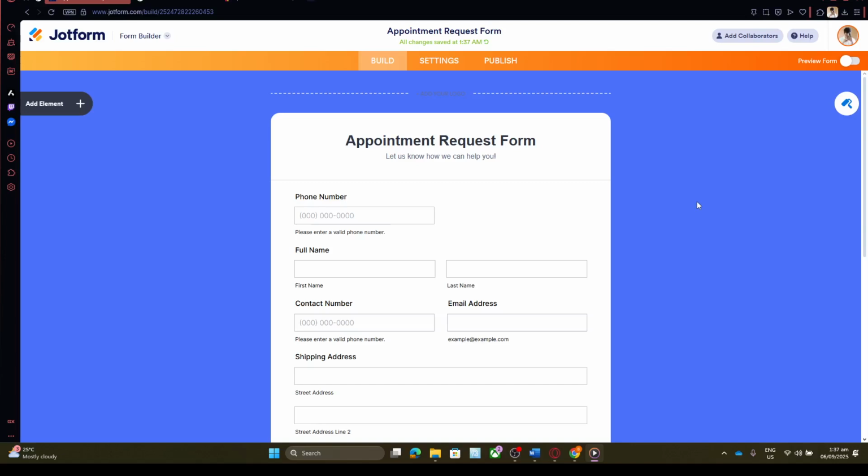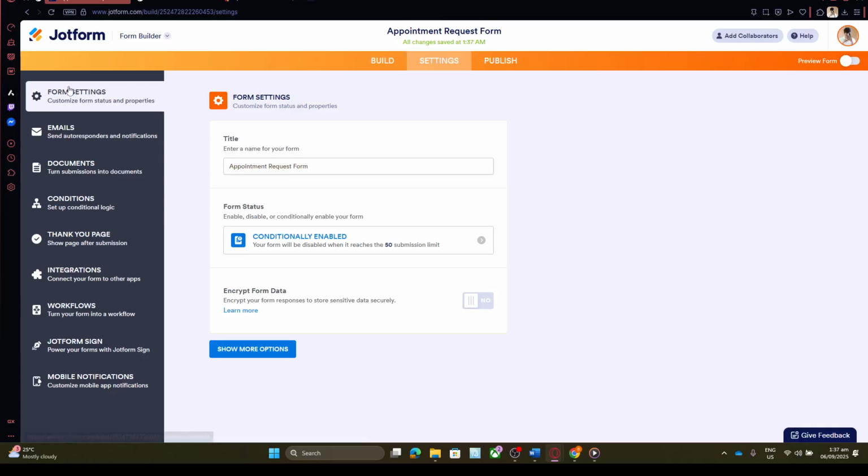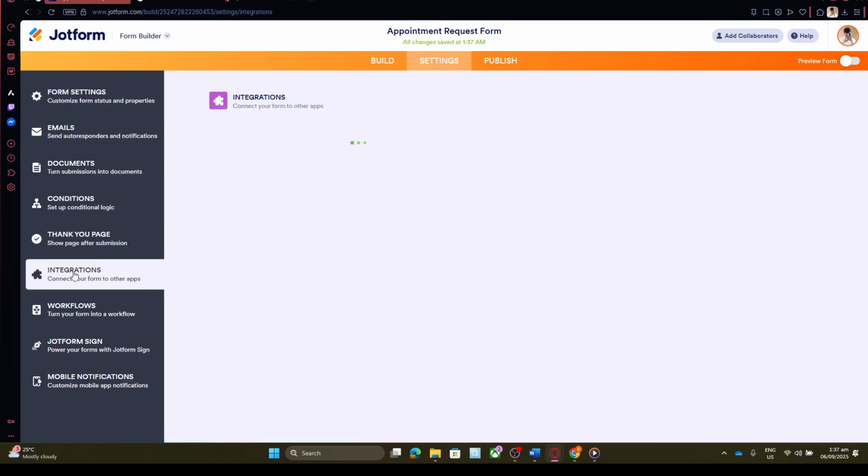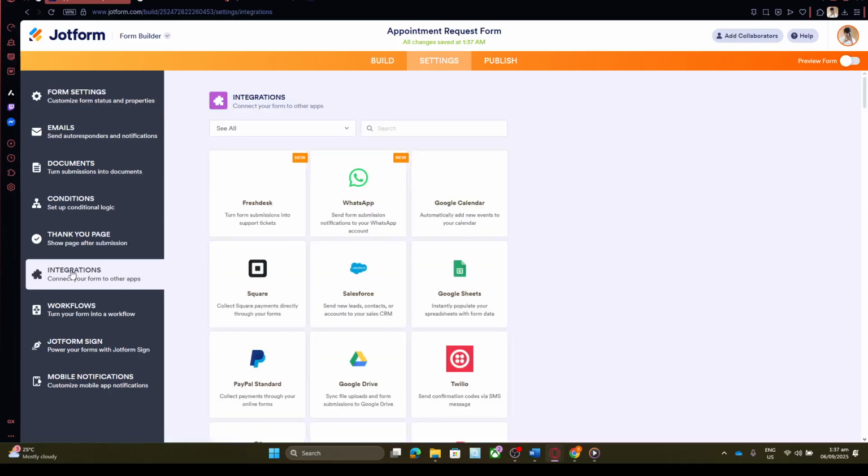appearance. Now that you are in the settings area, what you want to do is focus your attention on the left-hand side. Here, you'll notice a list of tabs, and among them, there's an option called Integrations. Go ahead and click on that. This section is essentially a hub where you can connect your Jotform to numerous other services, facilitating better data management